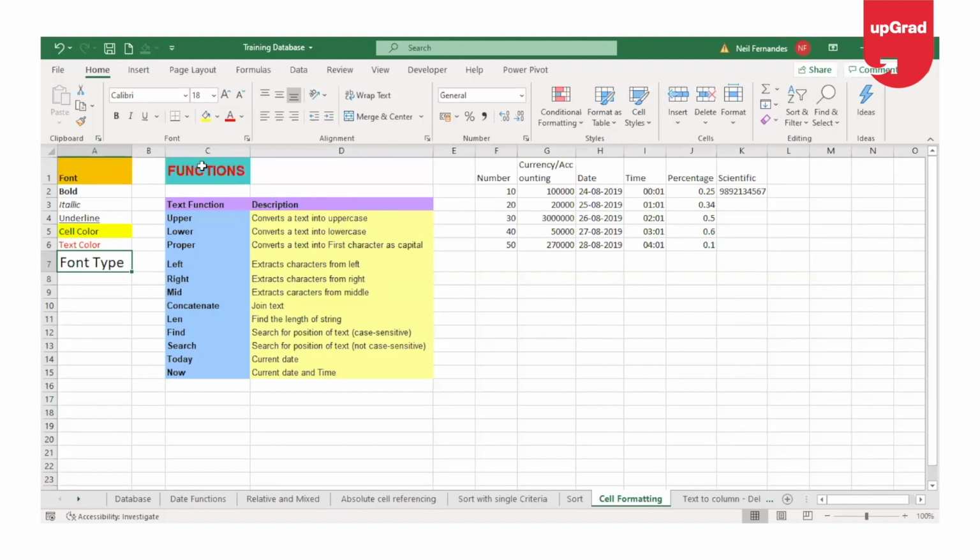Let's look at my second example. Here I have the heading mentioned as the functions, and I have the list of function names shown below. However, the function is shown in one part of the list. Now, to ensure that the functions are heading for the whole group here, I can merge these 4 cells that I can see into one cell.